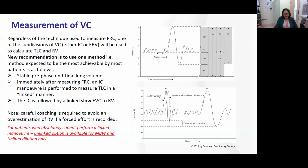So, using the example of a patient having lung volumes measured by body plethysmography, they do their panting maneuver with the closed shutter, and then the shutter is opened. It's the most natural reaction for the patient to breathe in once the shutter is open. So all of the evidence was pointing at standardizing this procedure to include an IC maneuver immediately